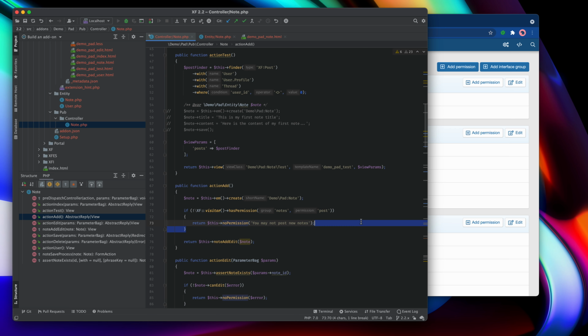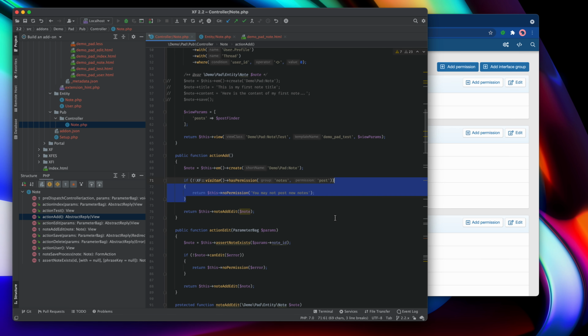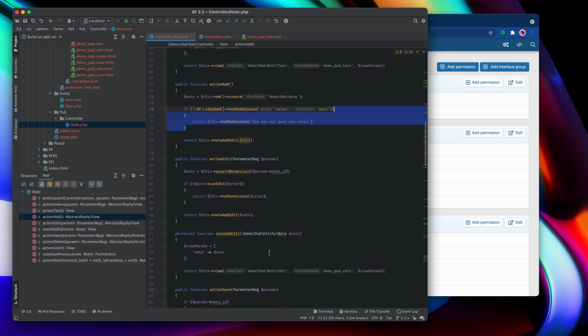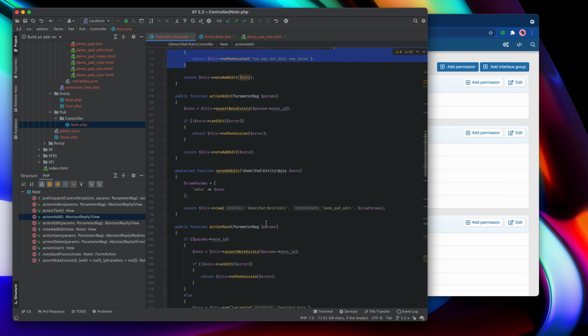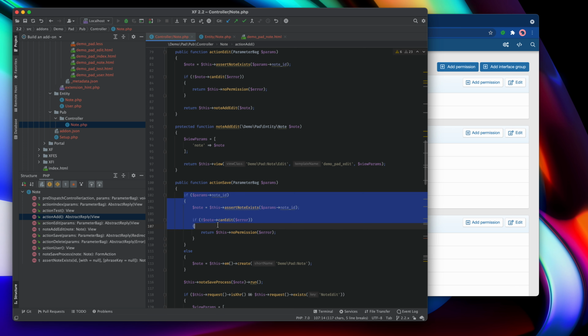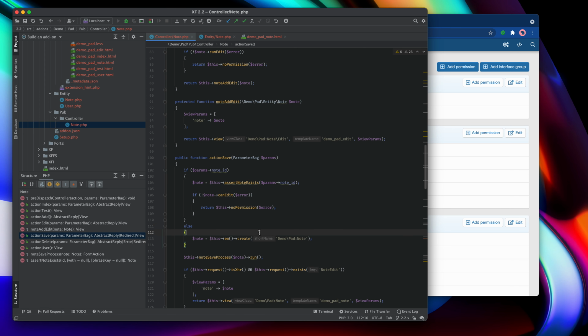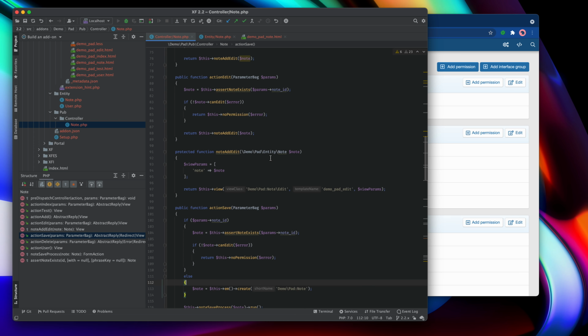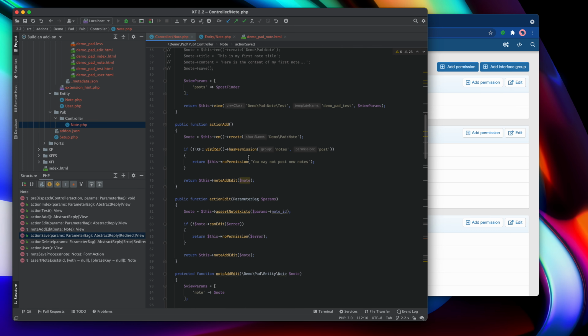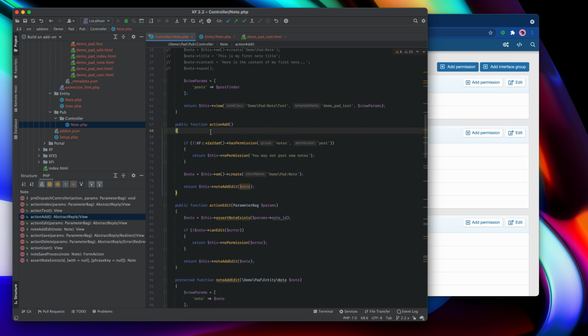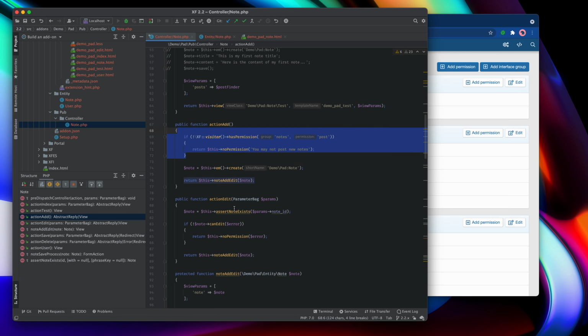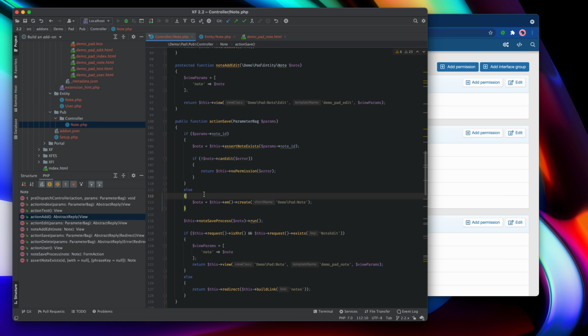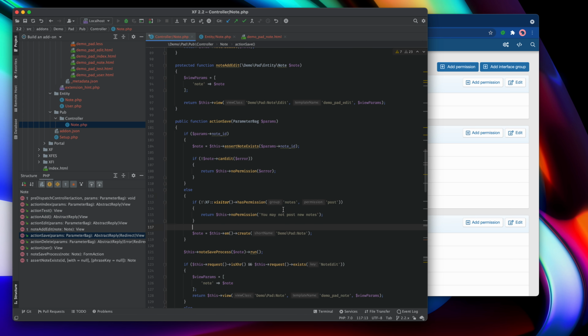And then we'll do the same in the first part of the action save, where we're looking to actually do the saving. So this is the editing action, and this is the creation action. We could actually put it before we even create the entity here. So let's do the same in the save action. If you don't have the post permission, then don't even get to that point.